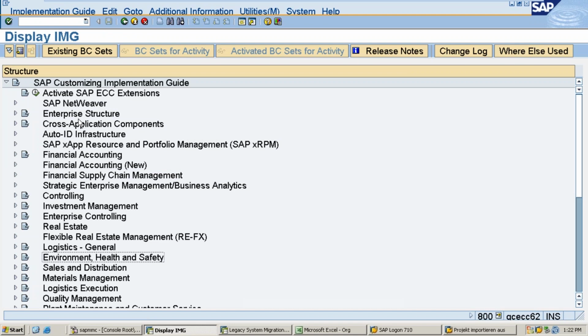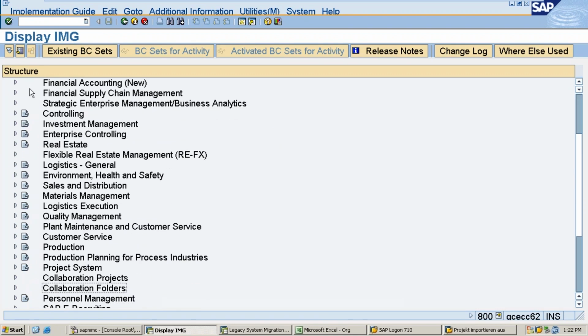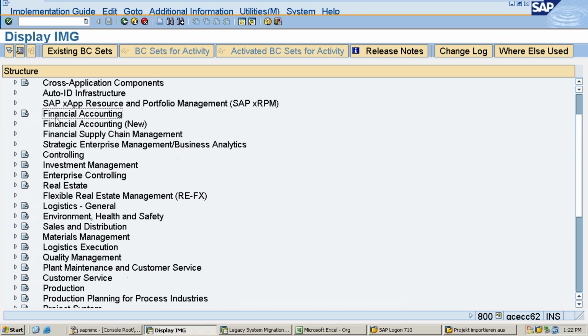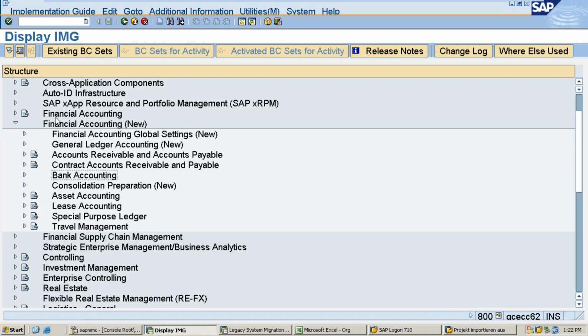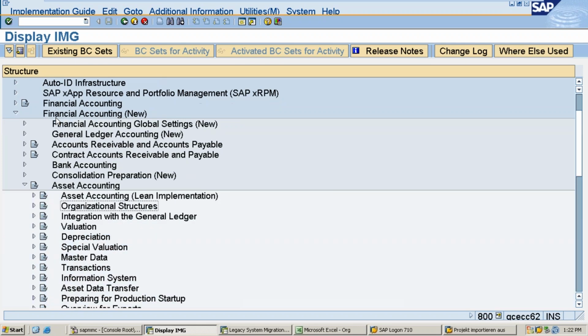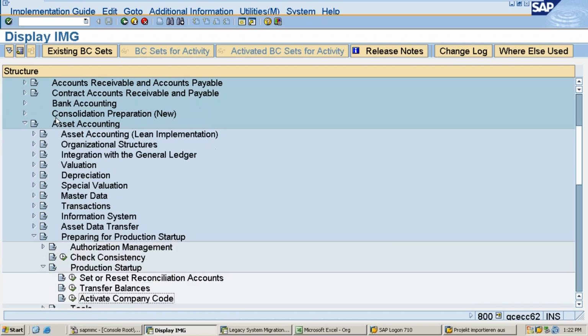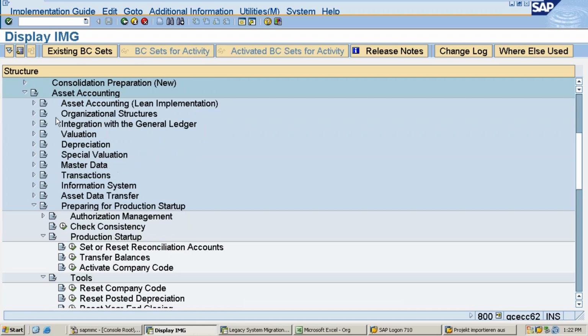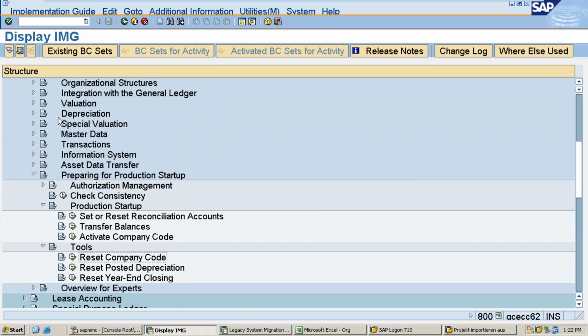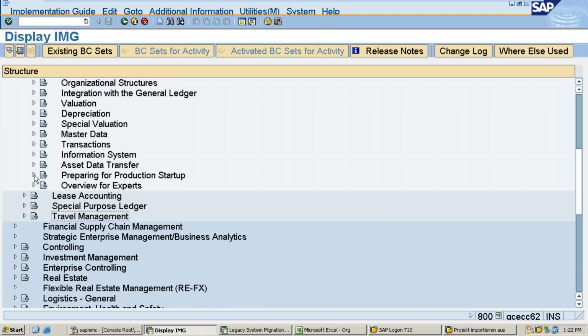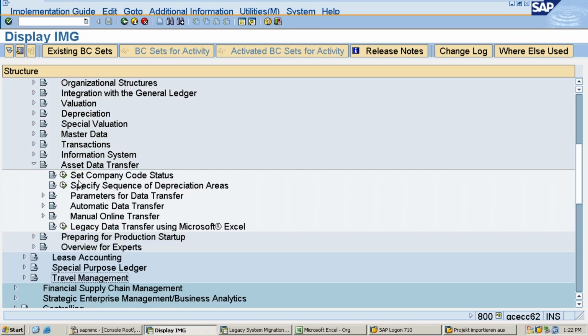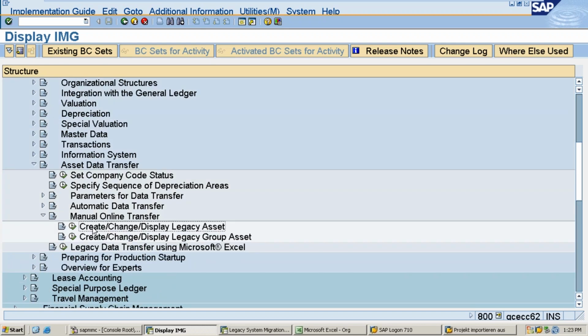It will be under SPRO, outside. Asset accounting. Next one is... this is the path.